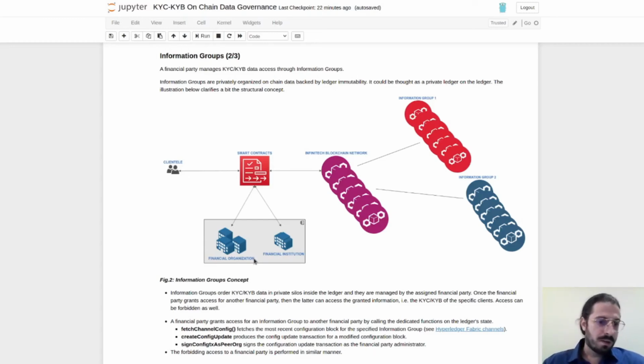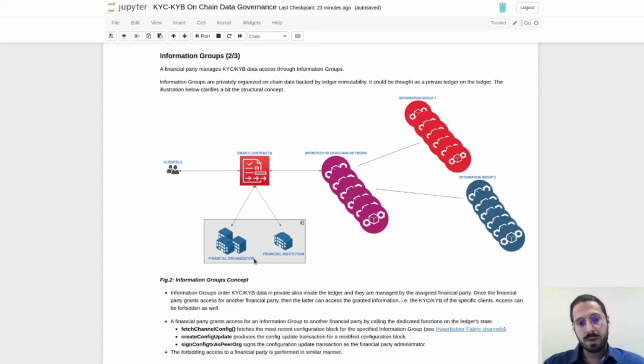And connecting what we said in the beginning, this is how we can share information between financial parties, and how the client doesn't have to onboard on a different party every time, because the information is stored on the same ledger.